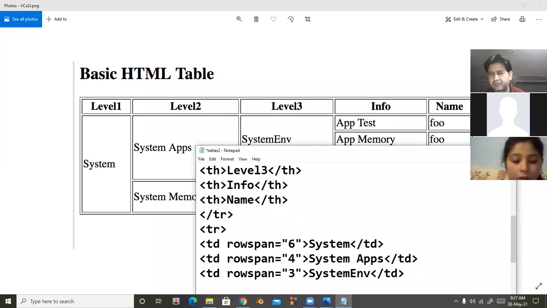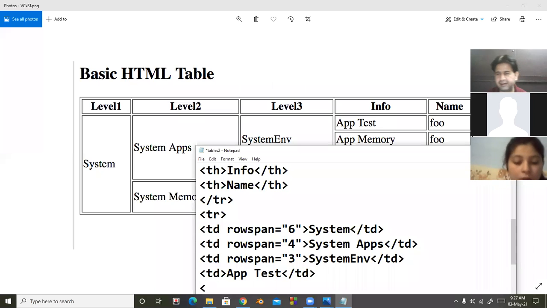Now look at here. In fourth cell, there is no merging. Then TD close. Next is again, there is no merging.